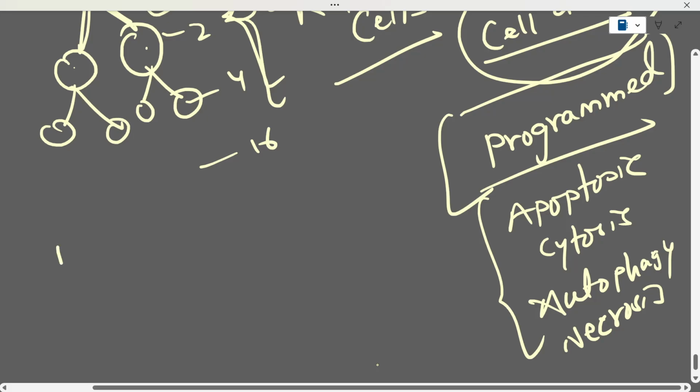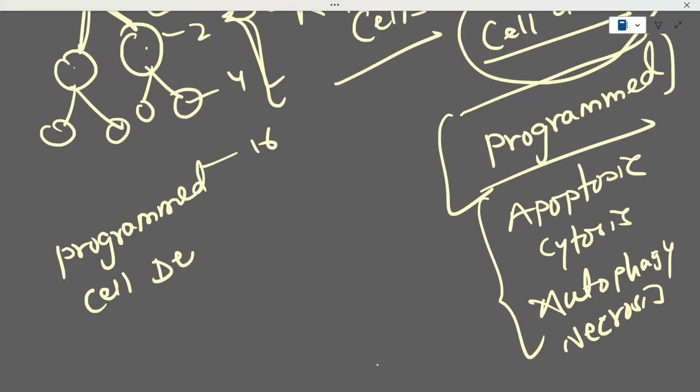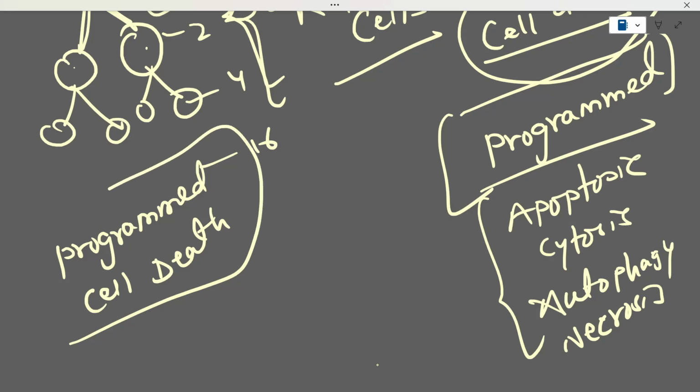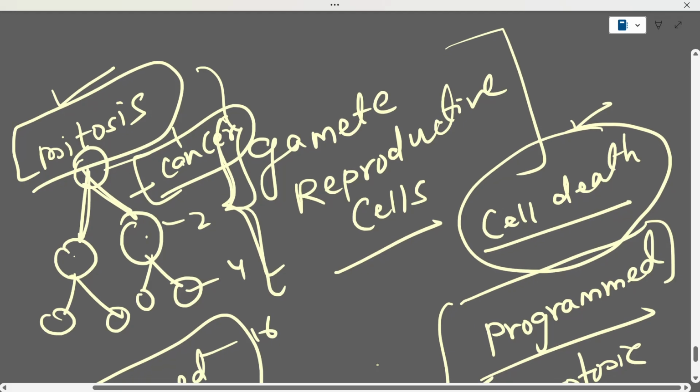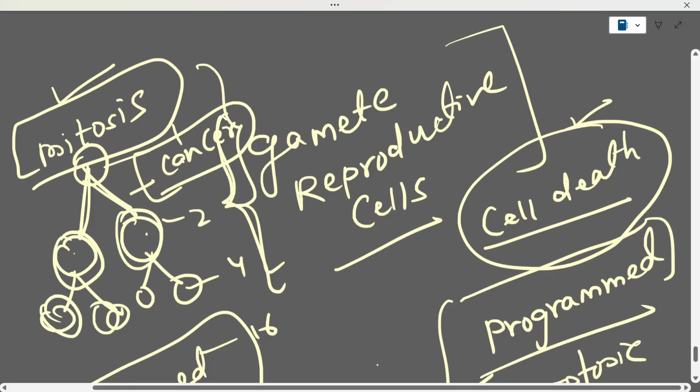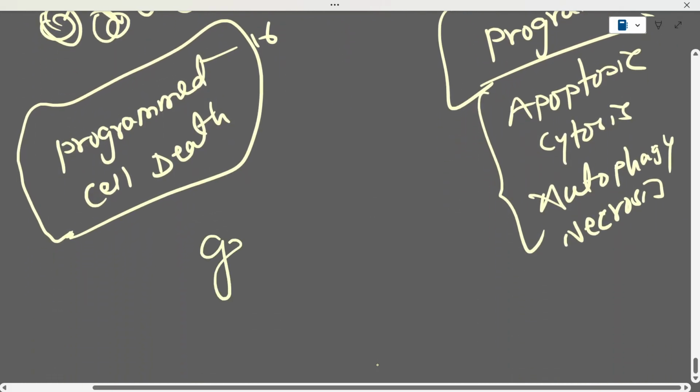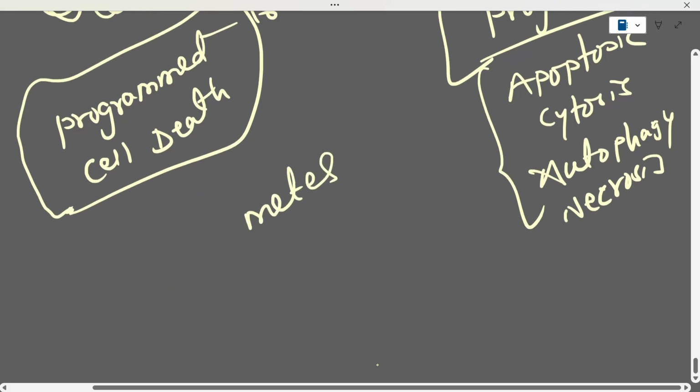So in short, you can call it programmed cell death, which is an inherent function of any individual, which helps in healthy survival and healthy division of cells. And this mitosis process keeps going on this way. And since the inheritance is very simple, but in the gametes, the situation is different, because